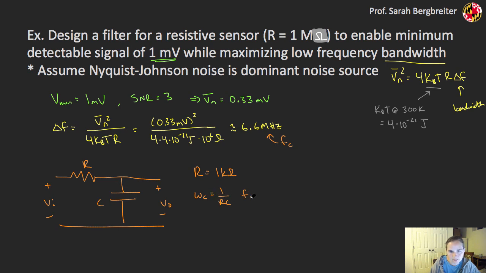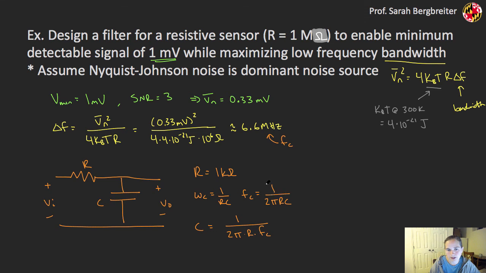So that equivalently, FC is 1 over 2 pi RC. So I can back out then C is going to be equal to 1 over 2 pi times R times that corner frequency. So if I plug in the kilo ohm that I chose for my resistance here, and I just randomly picked that, I could have picked 10 kilo ohms or 100 kilo ohms, if I picked a kilo ohm,